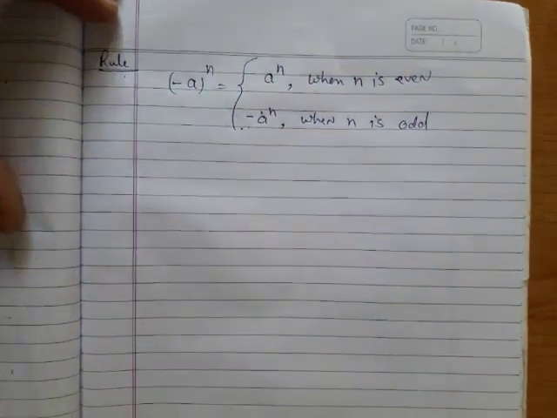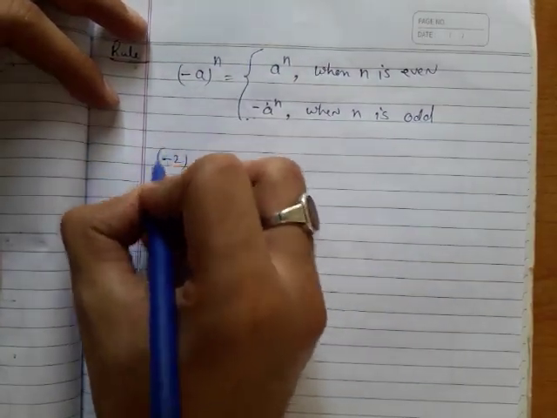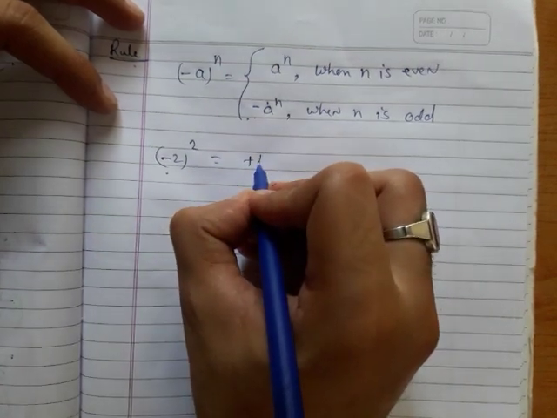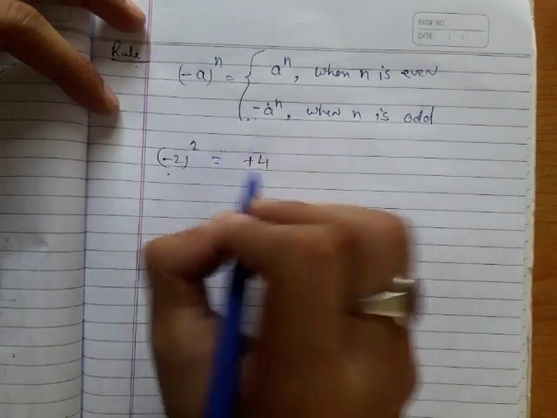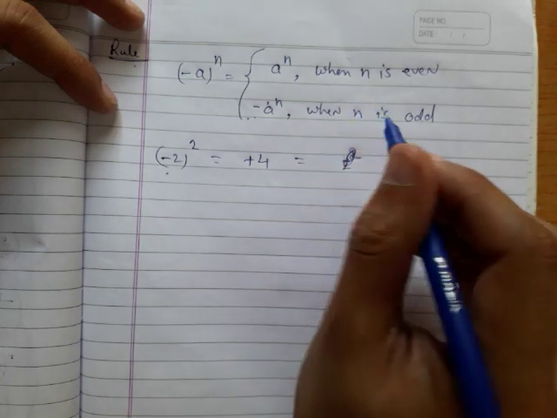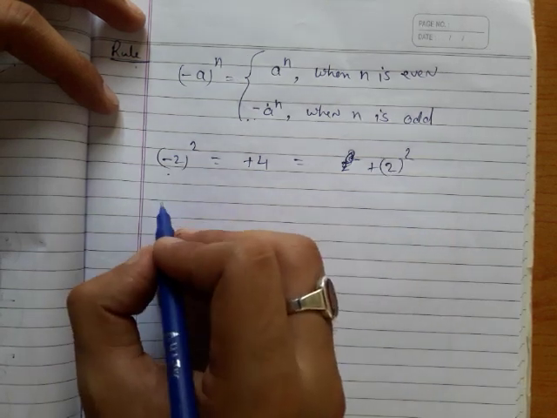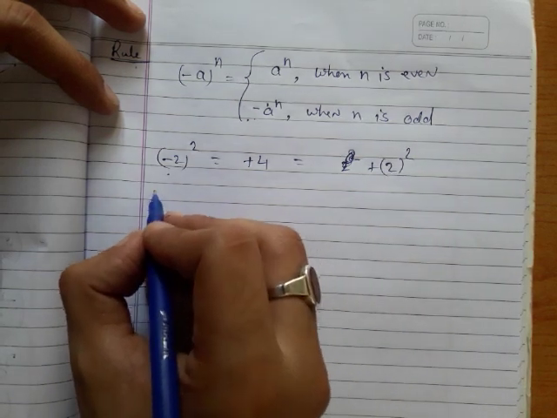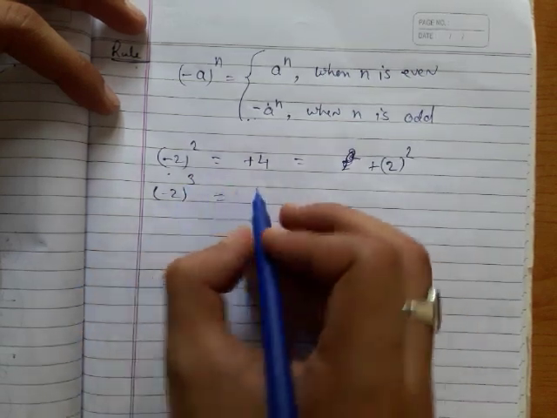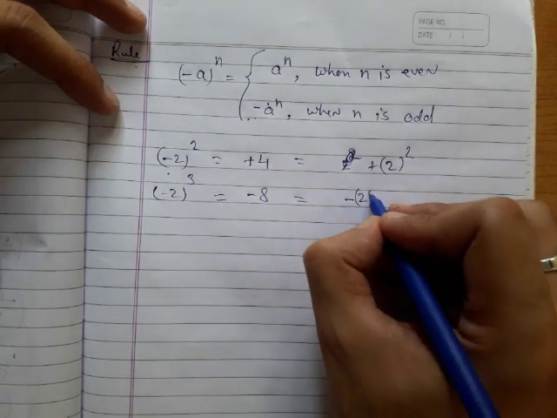So suppose I talk about minus 2 raised to the power 2, my answer was plus 4, or you can write 2 raised to the power 2 and the answer will be positive. And suppose you have to multiply minus 2 for 3 times, your answer is minus 8, or you can simply write it as minus 2 raised to the power